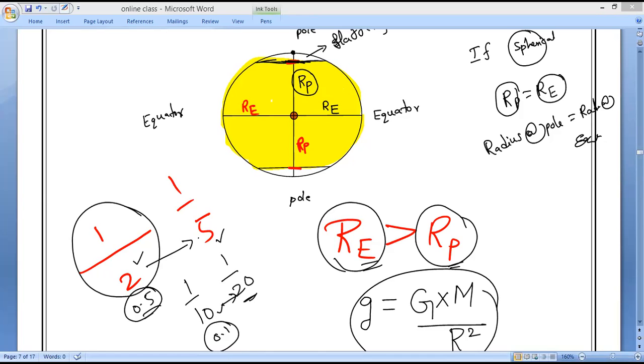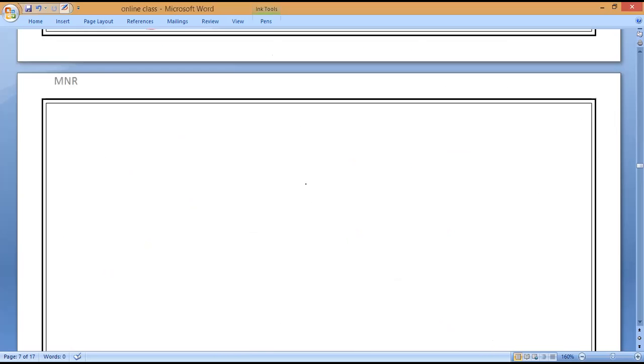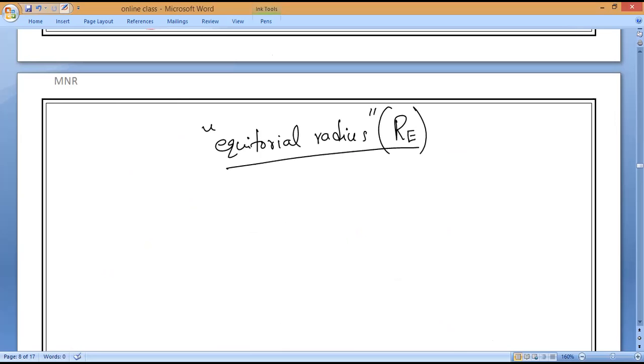also called equatorial radius. What is it called, everybody? Equatorial radius. Along the equator, equatorial radius. What is the symbol? RE. Please remember. Equatorial radius at equator. Equatorial radius RE